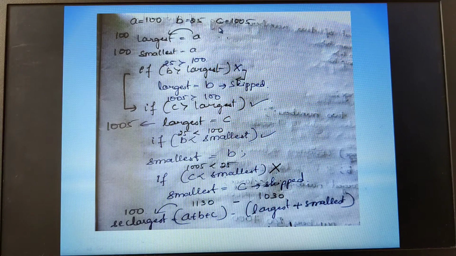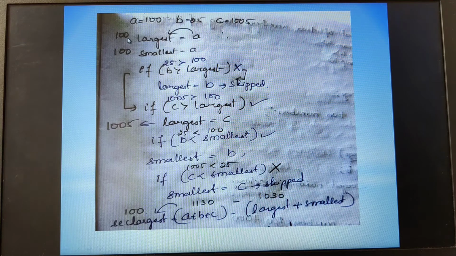So before we start with this, to find the largest, second largest and the smallest, I am assuming the value of A to be the largest, and I am even assuming the value of A to be the smallest. Now when assuming A value as the largest, that means largest will hold the value as 100 and the smallest will hold the value as 100. Assuming in the sense that I am moving the value of A into another variable known as largest. So when I use this statement, the largest also will hold the value as 100 here. Similarly, the variable smallest also holds 100 as the value.